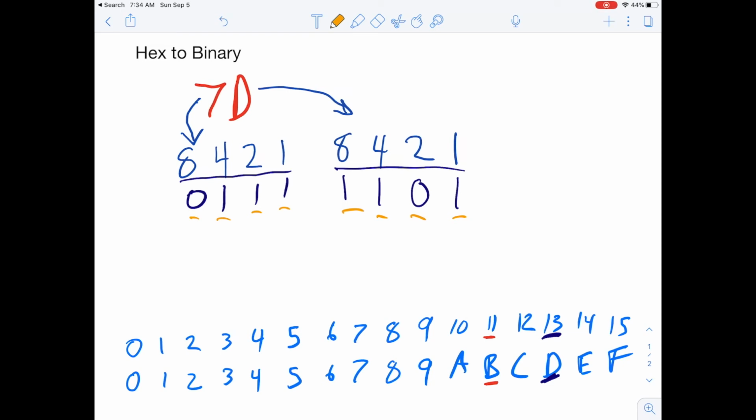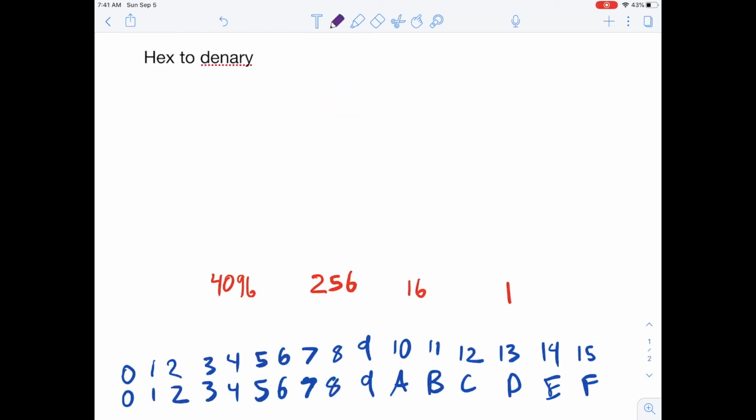Alright, let's do some more conversions. Alright, let's convert a hex to denary. So a hex that we will convert will be E9. And I'll show you a couple different ways to convert this. So E9, one way to think about it is with these place values down here. These are the place values for the hexadecimal. This is 16 to the first power, 16 to the second power, and 16 to the third power. So if we look at E9, E is going to be in this place value, and 9 is going to be in this